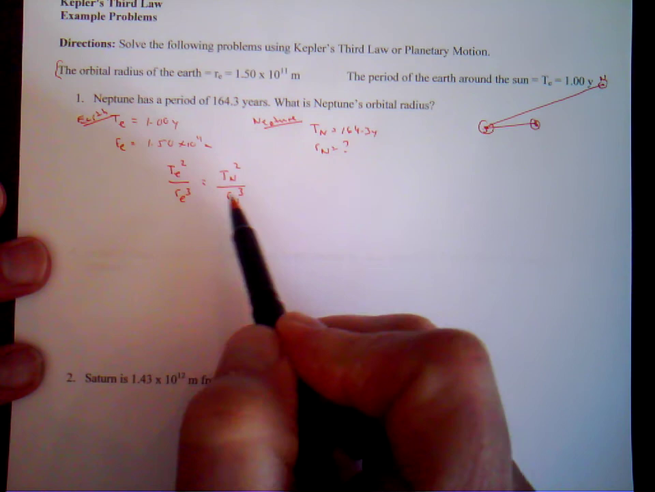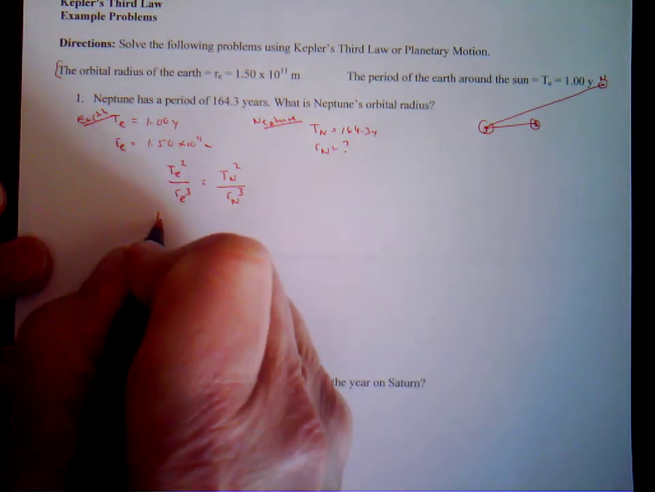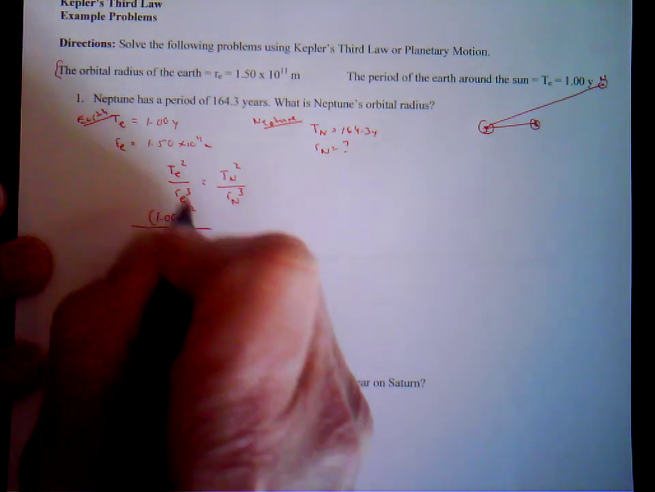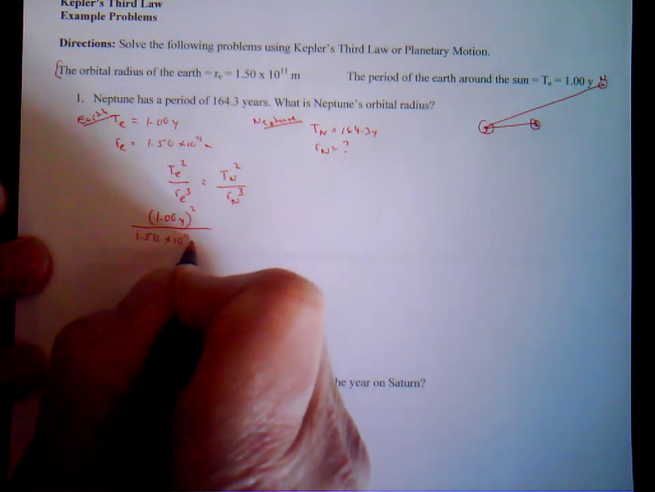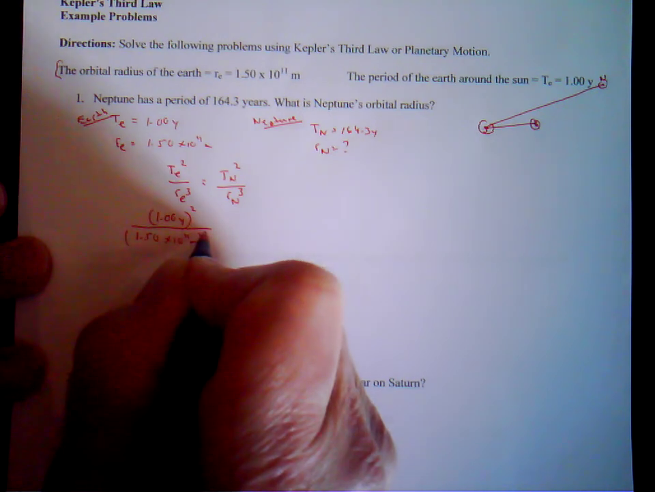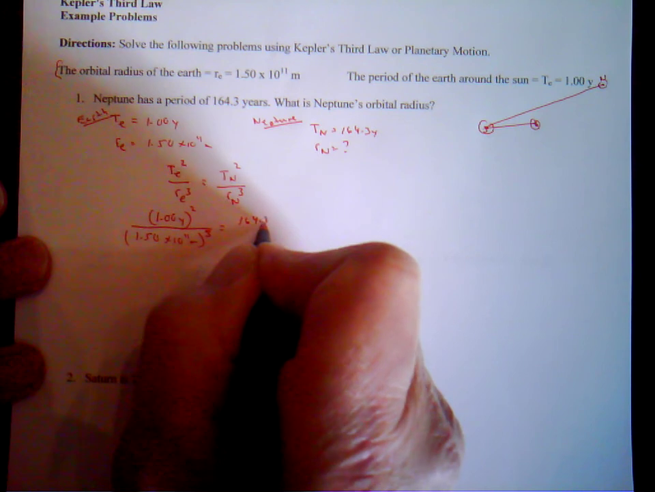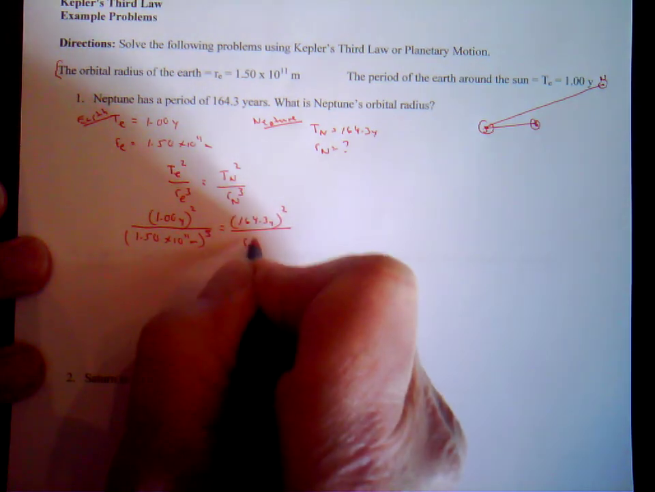So we're going to solve for that piece of information. We put the values in that we know. Period of the Earth is 1.00 years. We square that. Orbital radius of the Earth is 1.50 times 10 to the 11th meters. We have a lot of numbers in scientific notation. This is cubed equals the period of Neptune, which is 164.3 years, all squared over the orbital radius of Neptune